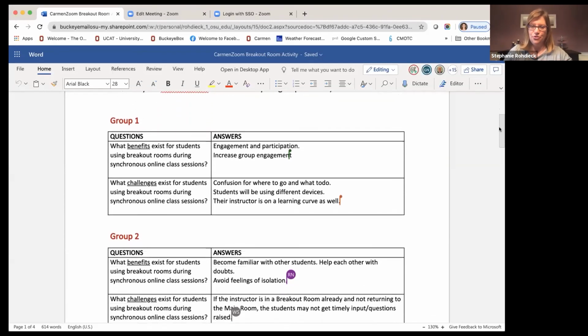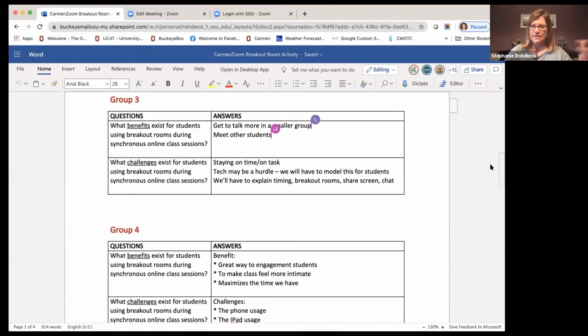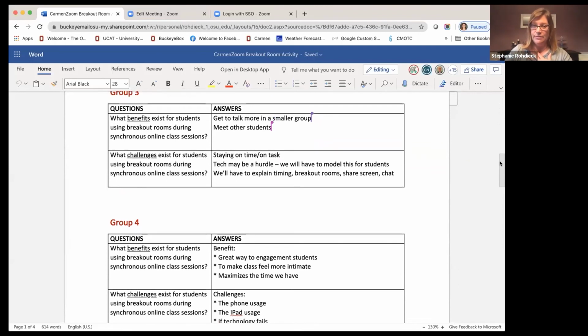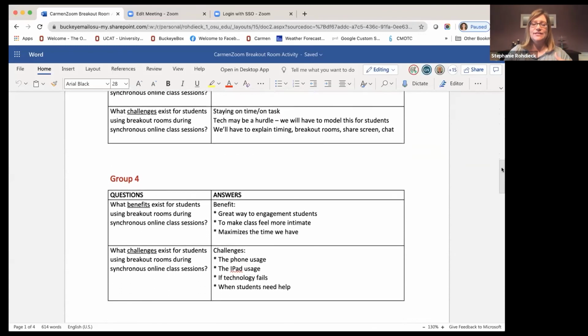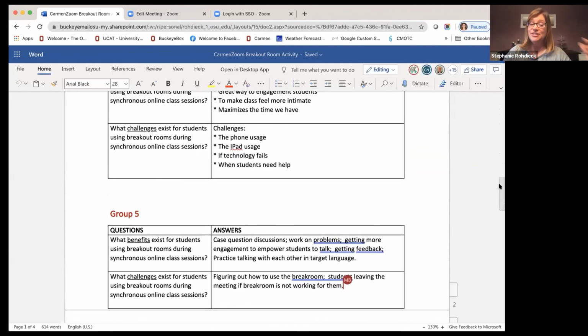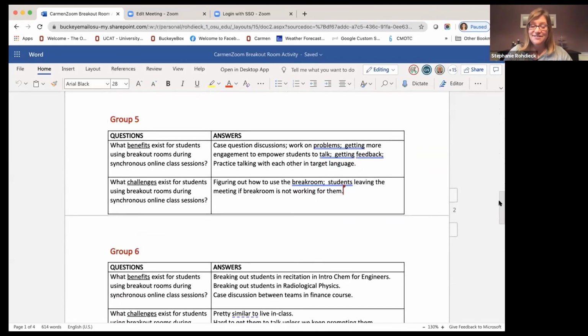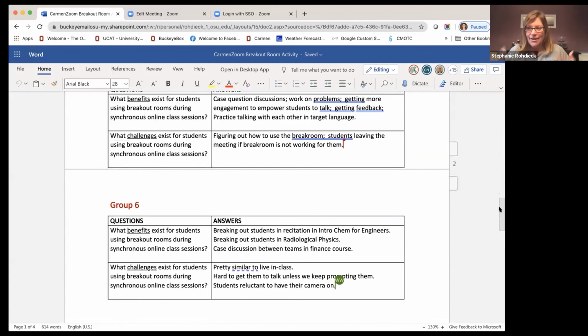And reminder, these are the 2 questions. And I would have the opportunity to skim through and see, you can see this, right? I'm sharing the doc. You all have access to it, but I would share it as the teacher probably. And go down and see, oh yes, it looks like there's lots of similar benefits. It's good to do some discussions. I see some of the challenges are like, what if they leave, right? What if they need help? Or what if their technology doesn't work? And then we would actually talk through all the answers, like, what do we do about all of those things? That may take 10 or 15 minutes to actually debrief the activity, just like it would in person.